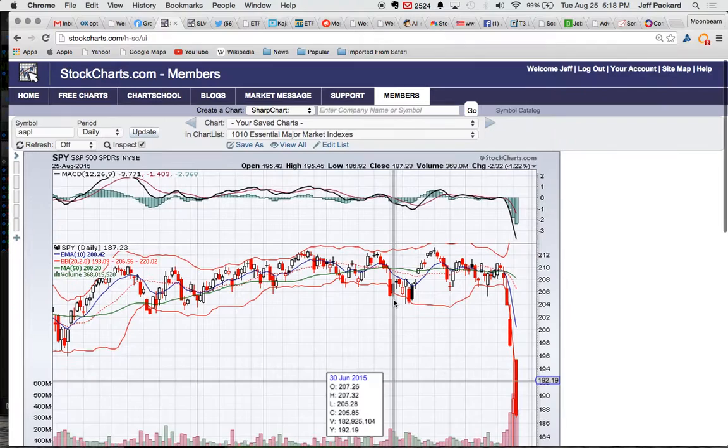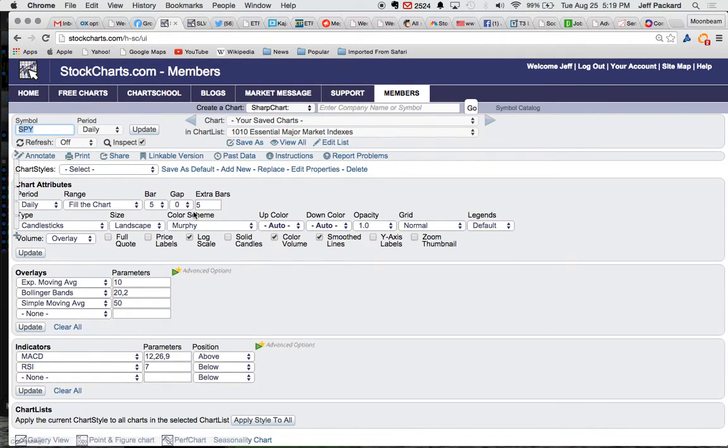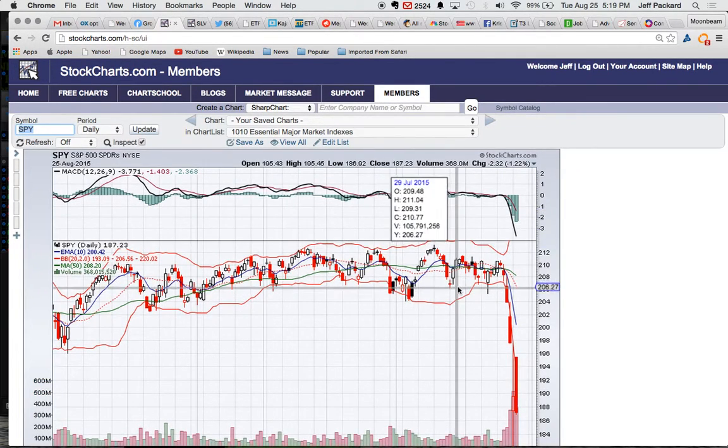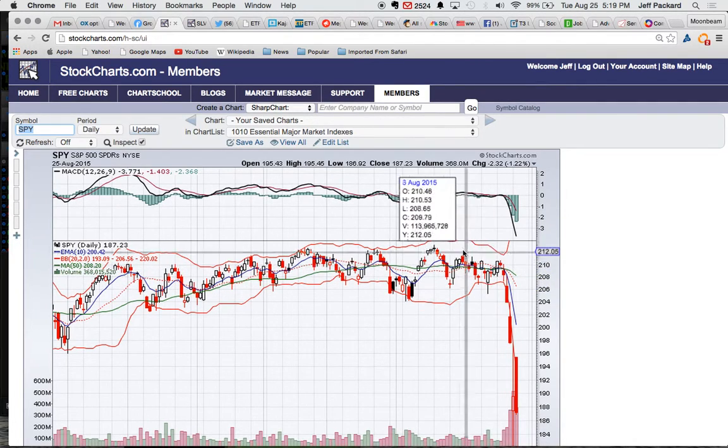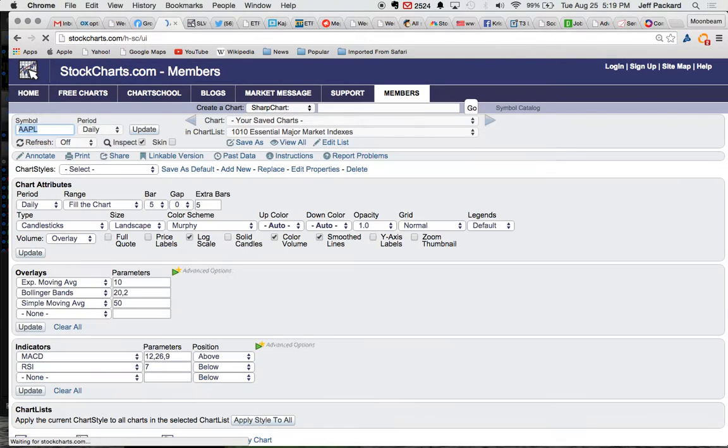Now, we've got to look elsewhere. So again, this is Apple, but if we look at SPY, they'll probably look the same. Yep, they do. They look the same. So boom, going to the down area. So basically, if we look at Apple for today,